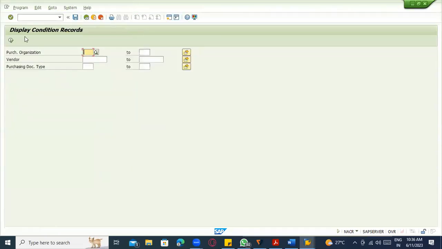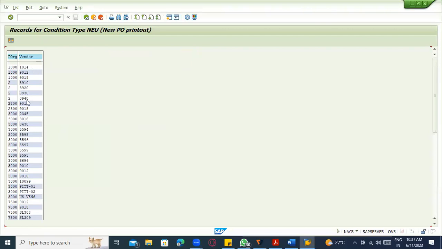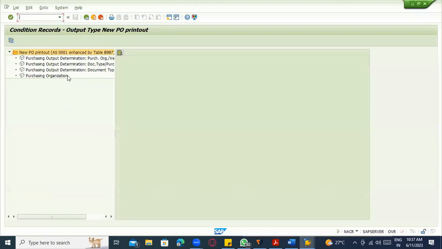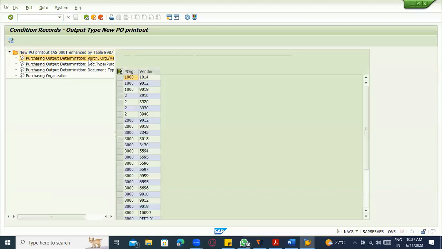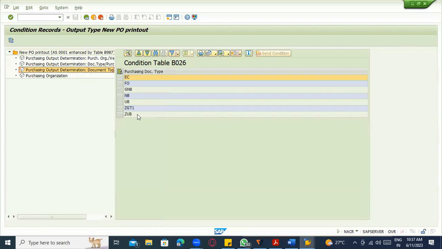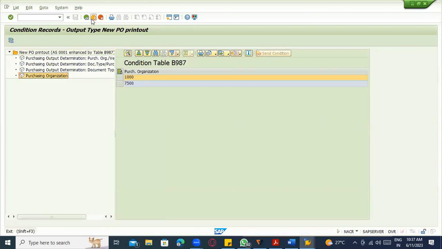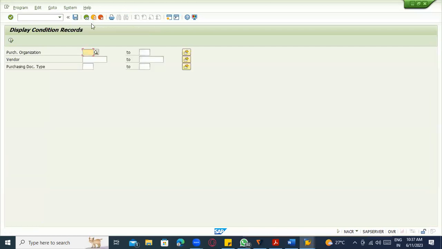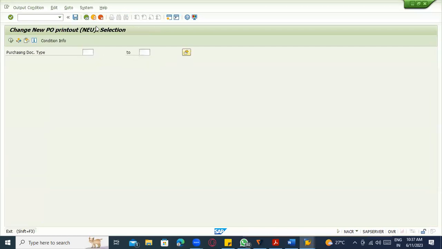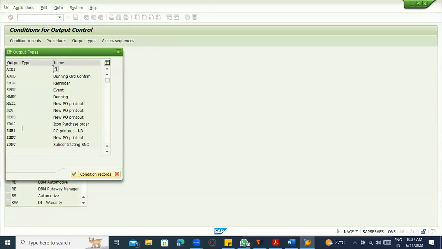Okay, these are the info records, the records which are maintained. You can see all this information, each level, and which records are maintained. If you want to verify that, you can verify like this. Clear? So once you have done the configuration entirely like this, and if you maintain a number range and